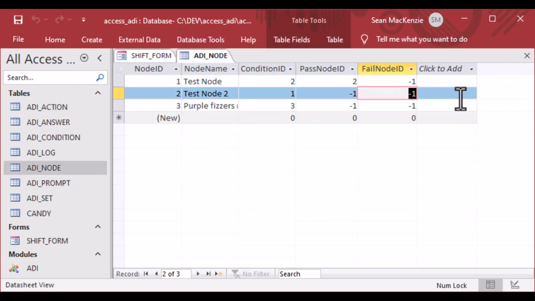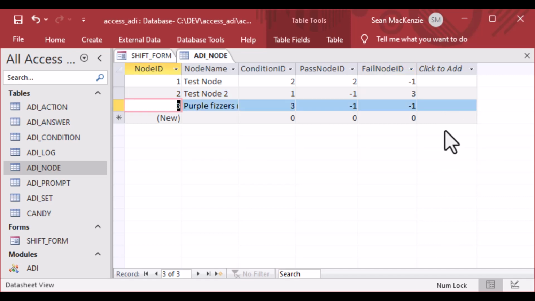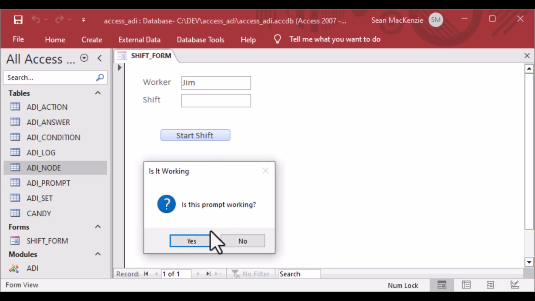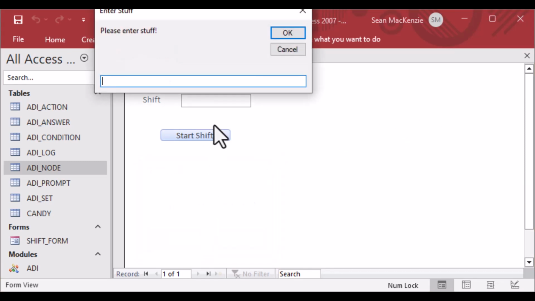And we're going to go ahead and put node number 3 in our node under the fail, because now we have a fail node to go to for node number 2. And if that one fails, it's going to go to node number 3. And so now we can go ahead, and we've got Jim in there. We can hit start shift, and it goes through. It says, oh, it is Jim, so we're going to run a batch, and he has to enter some stuff,